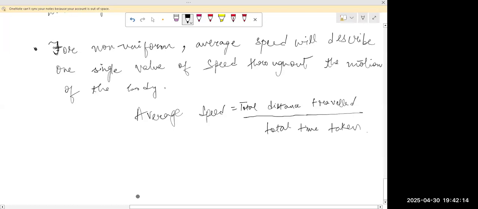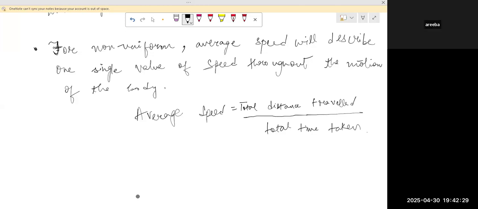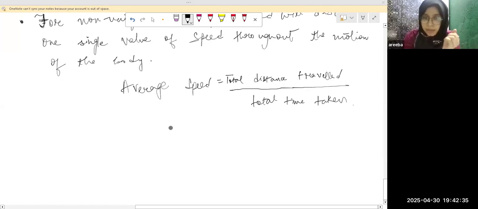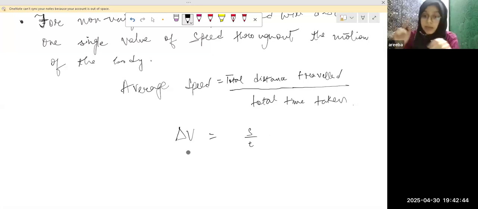Yes, tell me again what we use. Again we use v equals s by t. Do we still use s by t for average speed? Yes, the same thing. Here, in the case of average speed, it's not necessary to mention it, but you will be writing it like this: total distance upon total time taken. This is average, but don't write it.